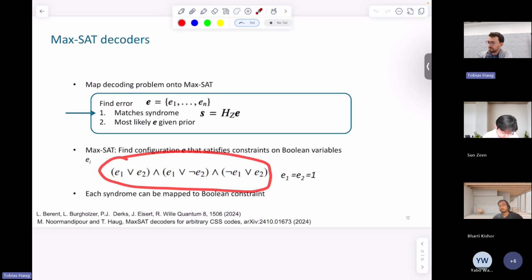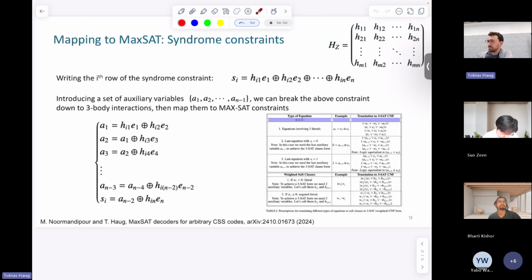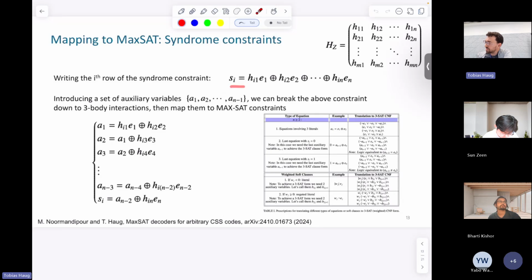In particular on errors. And now one can show that each syndrome condition can be mapped onto such Boolean constraints of a MaxSAT. And there's a prescription for how you can do it. You can just run a certain algorithm. Basically each syndrome measurement can be represented as a Boolean parity check, Boolean addition. So you have all these syndrome checks, where you do parity checks between the elements of the parity check matrix and the corresponding errors, which gives you a long list of